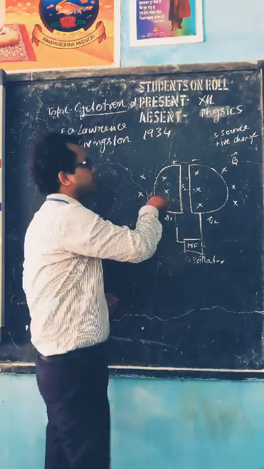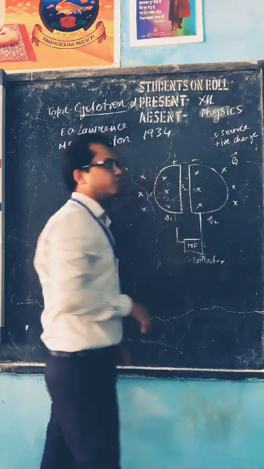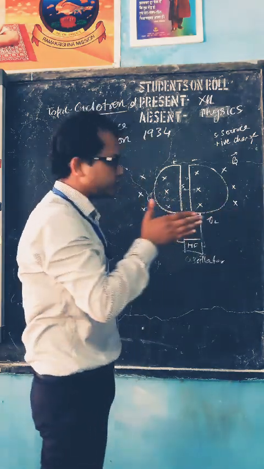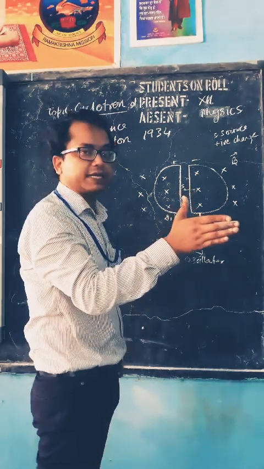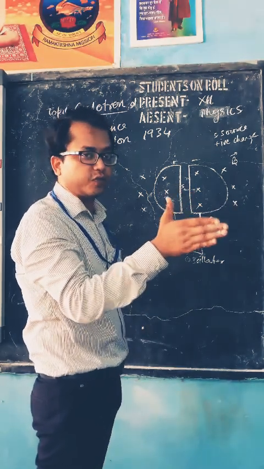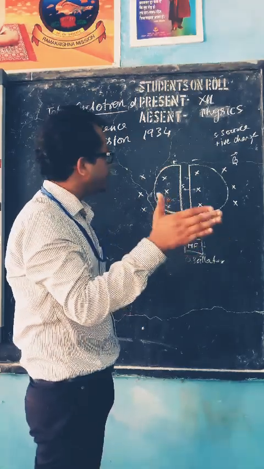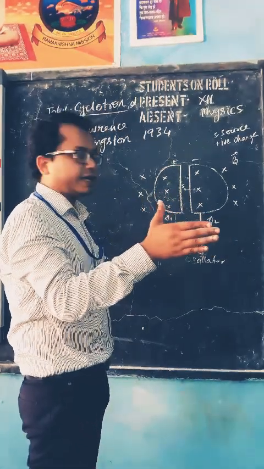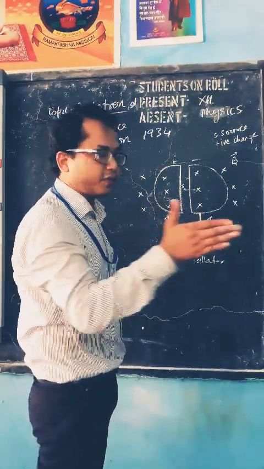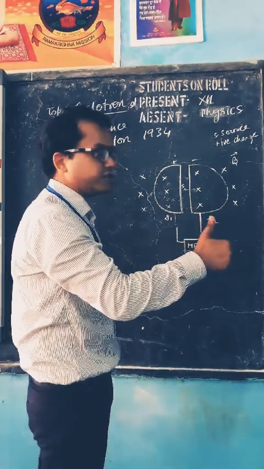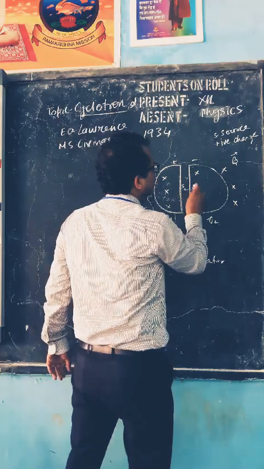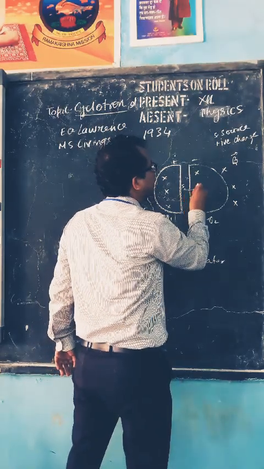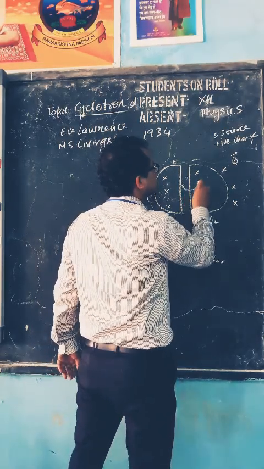See here where the charged particle is going. The charged particle is going toward this right side. So this is the direction of velocity. And where is the magnetic field? The magnetic field is going inside the board. So what will be the direction of force? We can find the direction of force with the help of the right hand thumb rule. This is the direction of velocity, magnetic field inside. So the direction of the thumb is up. So it will move in this circular path inside this D.